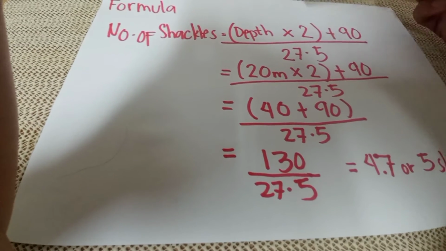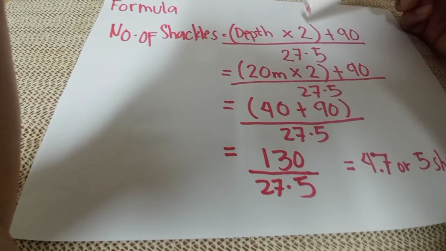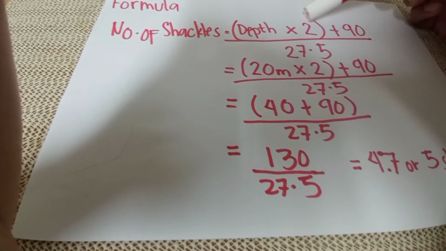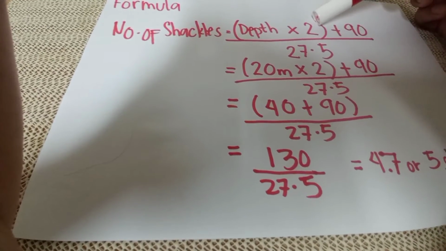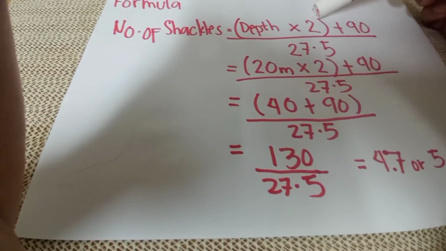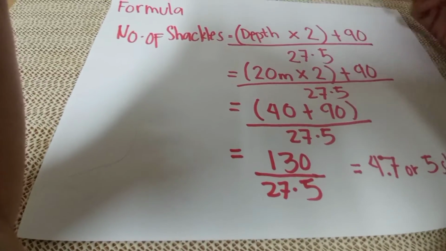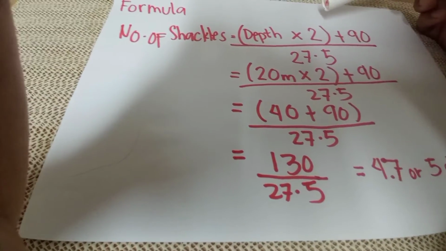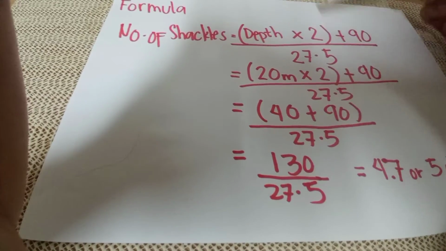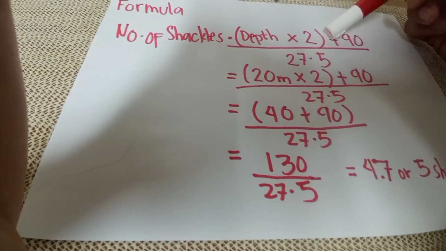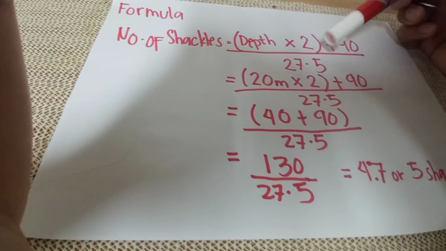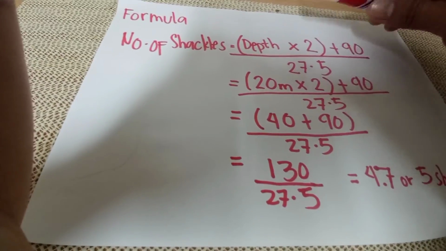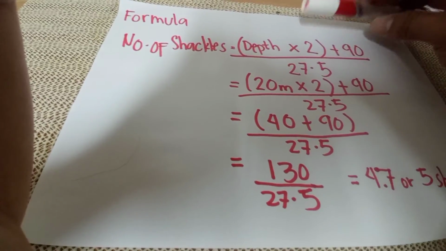If you encounter bad weather during anchoring, you can add more anchor scope. So 2 to 3, 5 or 7. 5 to 7 is good, but in normal days or a normal anchoring situation, you can use 2 or 3. So in a normal condition, divided by 27.5, like that. Okay, so you now understand the anchor scope.